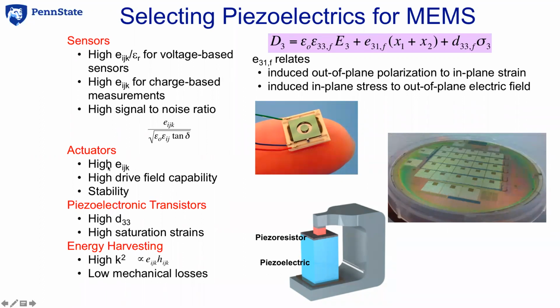For actuators, I need a large e31,f. For piezoelectronic transistors, which, if we have time, will be the last topic I'll discuss today, we unusually use a rather different coefficient, where we use the out-of-plane d33 coefficient in the MEMS structure. And finally, for an energy harvesting system, the key figure of merit is really the product of e times the